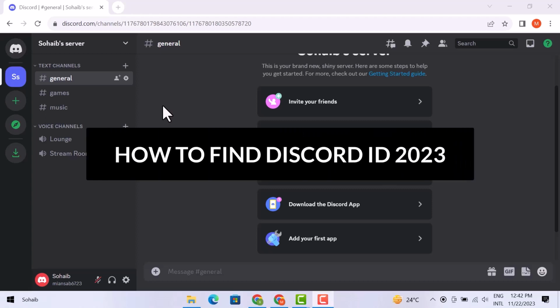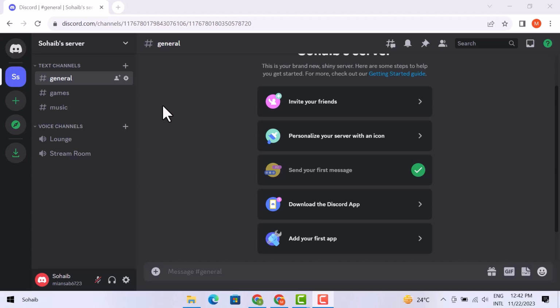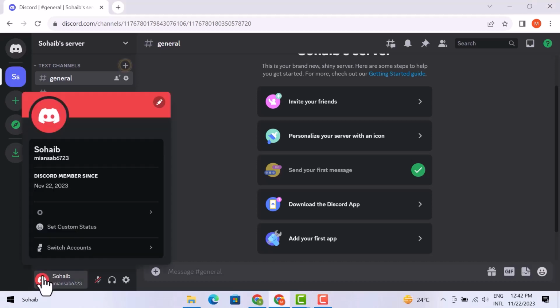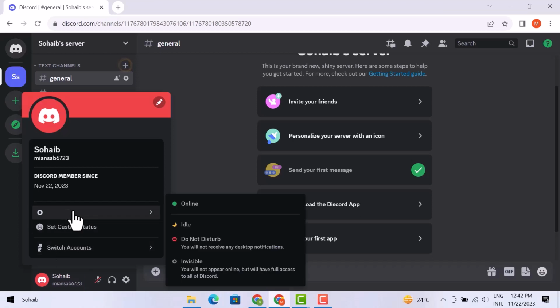Hey friends, in this video, I am going to let you know how to find Discord ID. Let's get into it. The process is very simple. Firstly, I am going to check ID from his profile icon. Here, you will not find any ID. To find it,